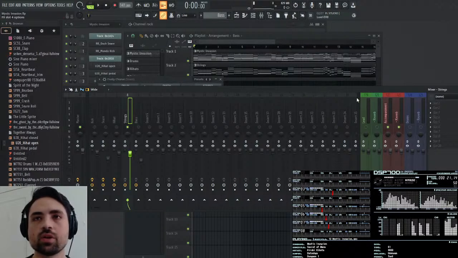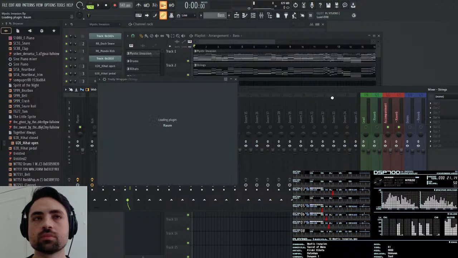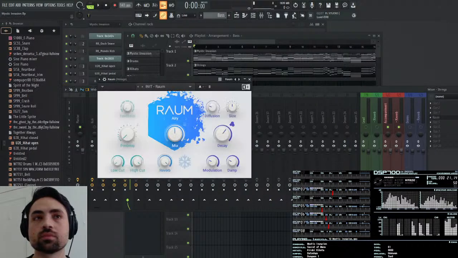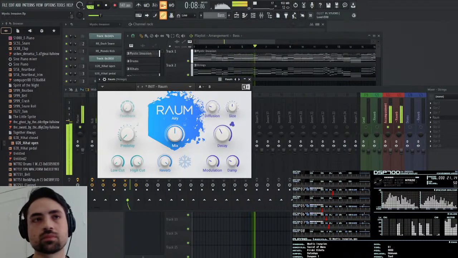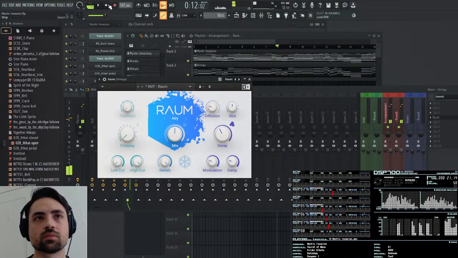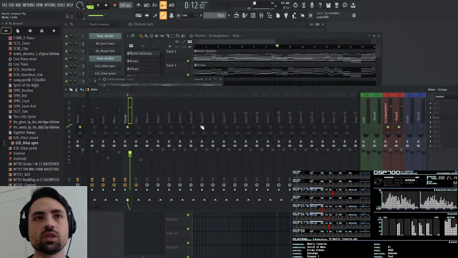Sounds like it would be better to have realm, with less decay. Nice. So that sounds good. Now let me give it. Oh wait, I put it in the strings. That doesn't matter. That's fine. But I do want to disable this reverb then.